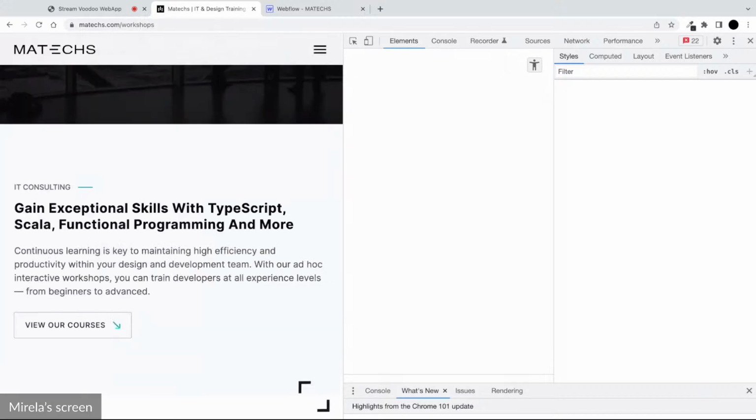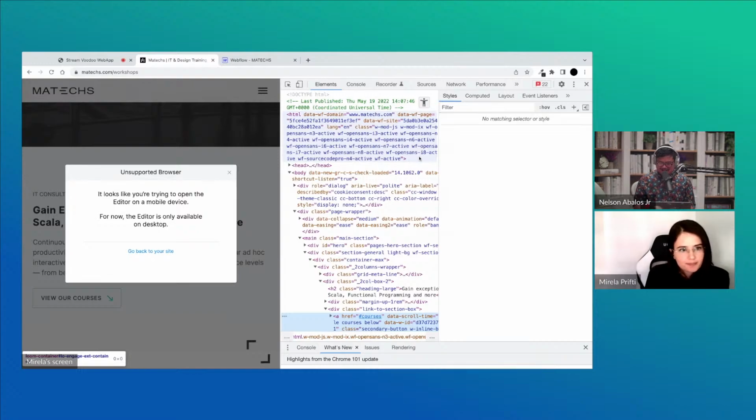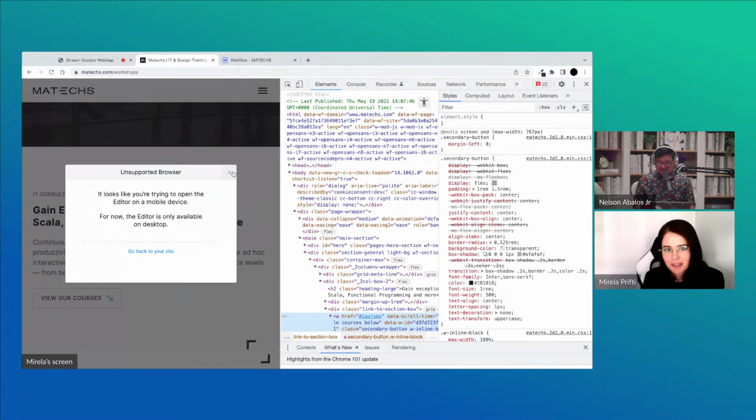Let's give it the time to load everything. It's important to stay on the Elements tab and then Styles. Hopefully the computer collaborates with me here. Okay, there it goes. Wait, let me close this one.